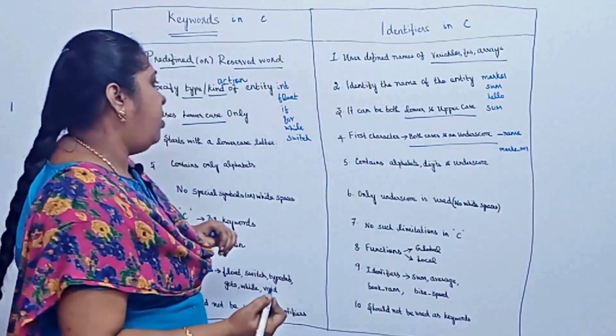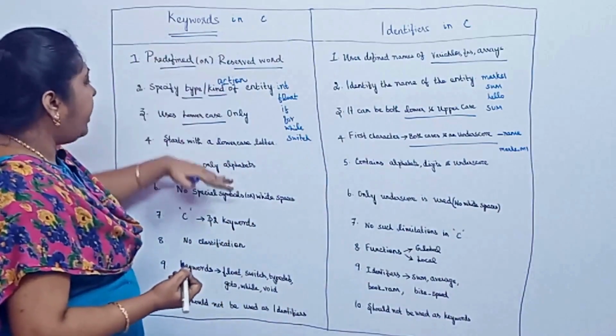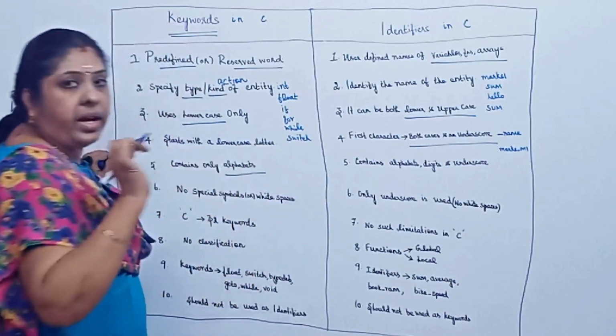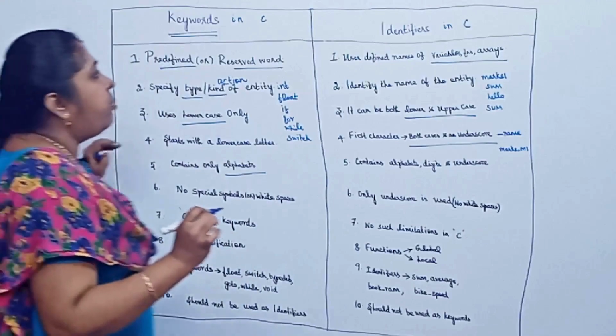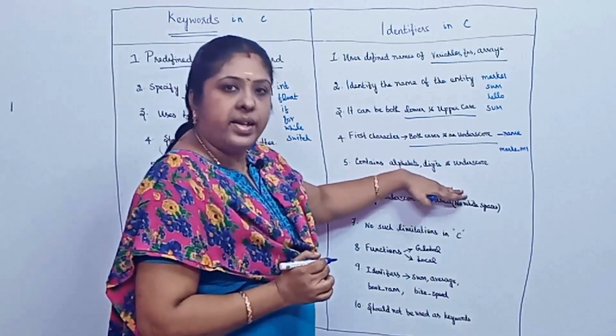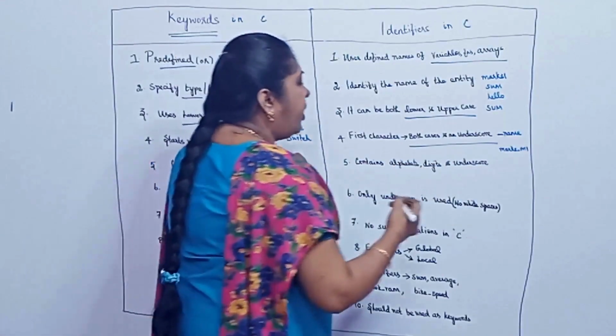This can also be used. And then the next one, the fifth point: the keywords contain only alphabets. That is, no digits or anything is allowed here. But the identifiers consist of alphabets, digits, as well as the underscore. That is, we are able to name